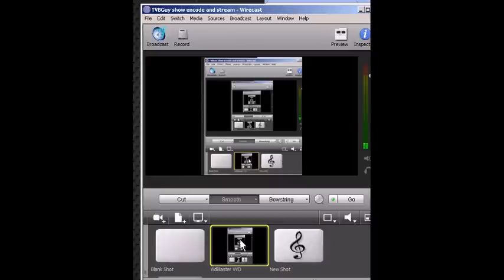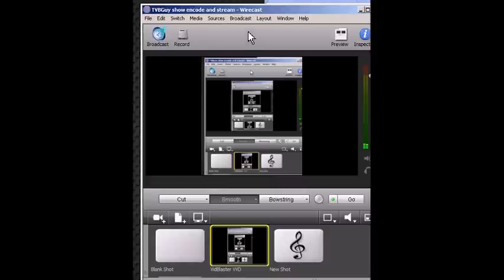Currently, we're using the VidBlaster VVD, which is our video source, and so that's coming out of VidBlaster into Wirecast, and then just to the right here, this little musical symbol tells us that we're using the Behringer X1204 USB mixer as our audio source. So we've got a video source and an audio source, and that's what we're sending out to Wirecast.